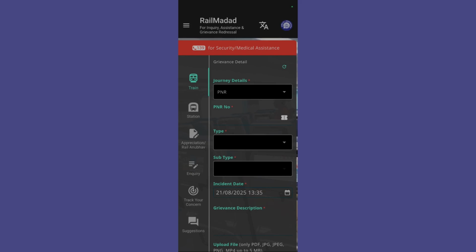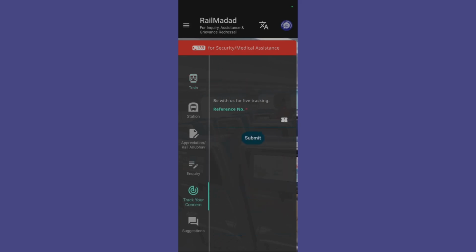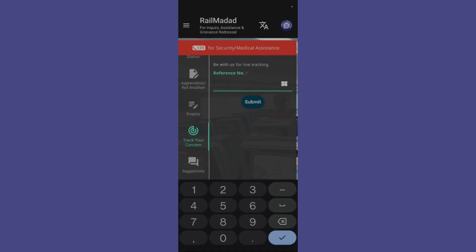Madad application. Now in order to track your complaint or track your concern, you will need to click onto this option that says track your concern, and from here you will need to type in your reference number. So simply type in your reference number and click onto the submit button, and you will be moved to a